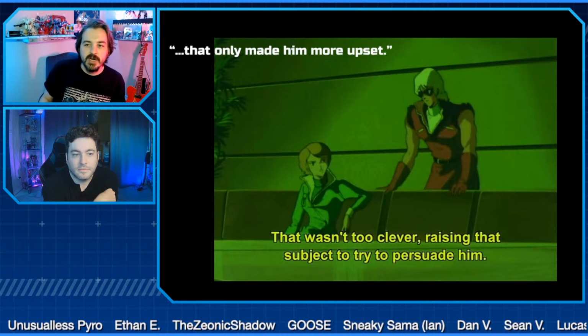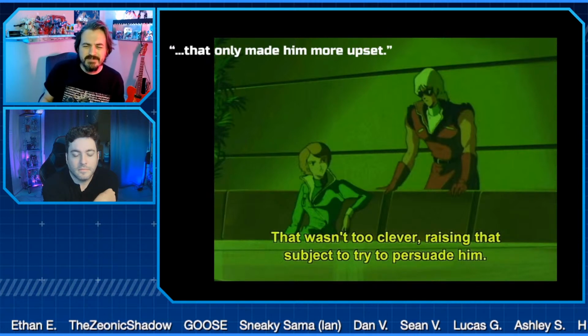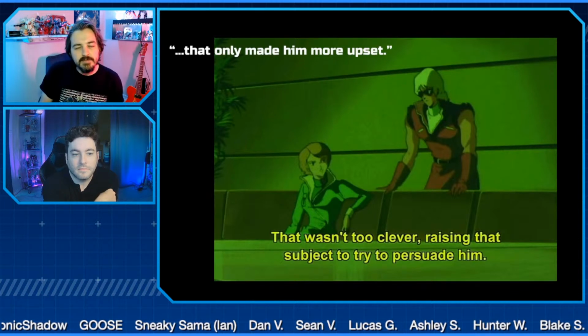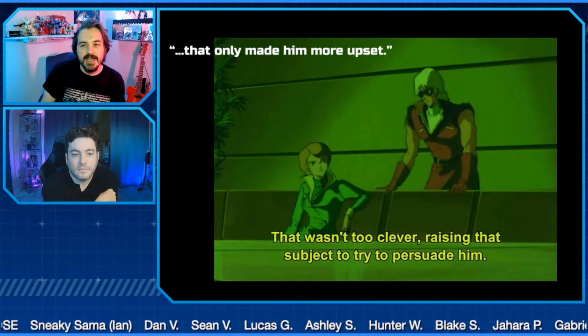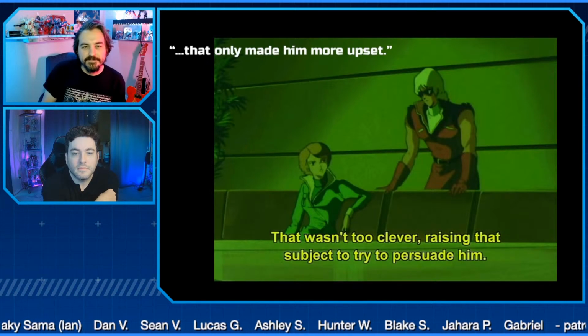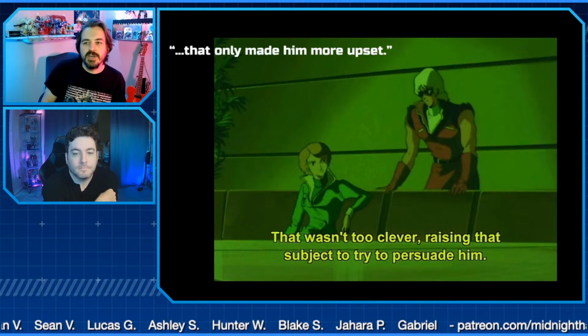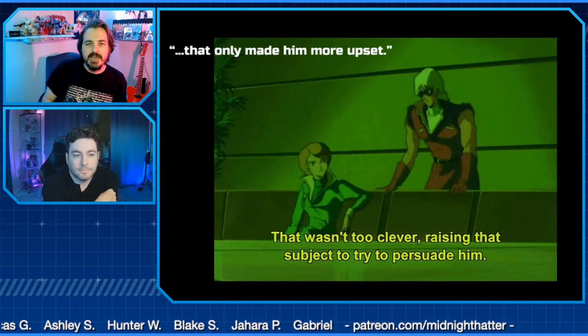"That wasn't too clever, trying raising that subject to try and persuade him," which is kind of sterile, kind of stiff. But in the dubbed version, what Rekkoa says is, "That wasn't too clever, bringing up Char like that. It only made him more upset." And to me, that is a much more expressive and characterizing statement from Rekkoa, because